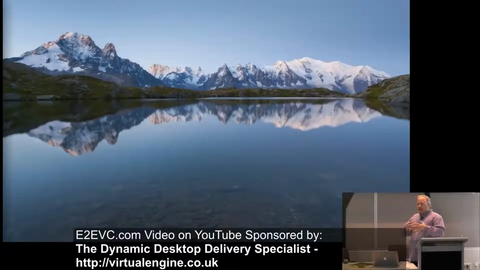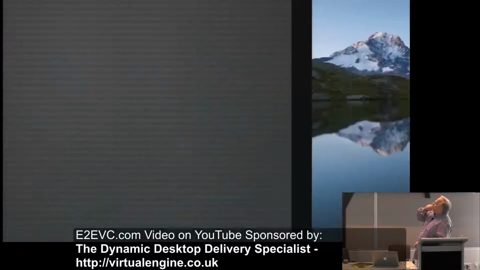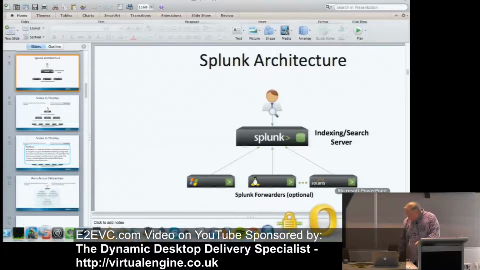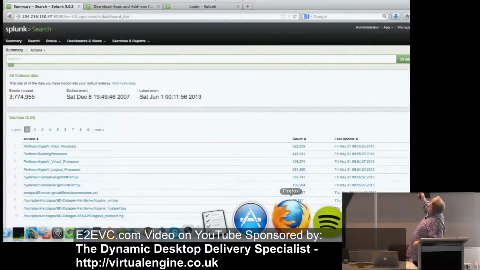Yeah, there we go. Anyway, when you first pull up Splunk, this is what it looks like. It just looks like a search bar. Down here you'll see what we call sources, and then you'll have counts and last update. When we receive the data, we store the raw data in the index, but we do index specific fields, which are the host name, source type, and date time, like when the event actually happened. So you'll see that here, and up here is the search bar.